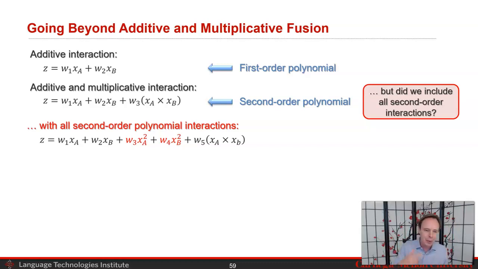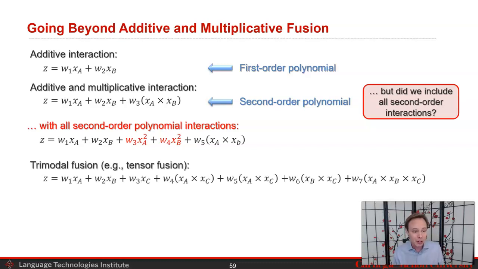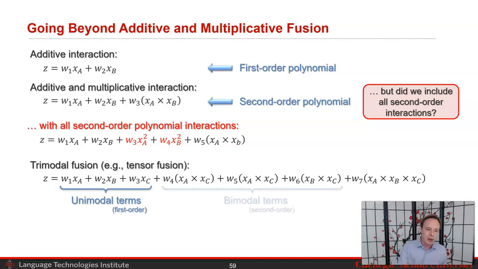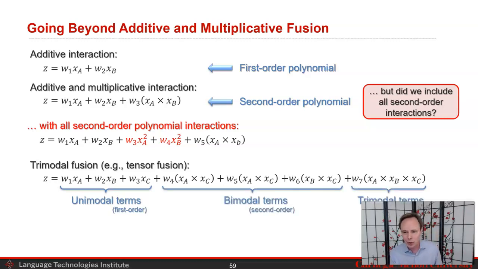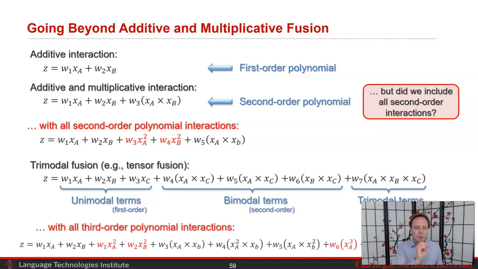Because eventually we're going to start having polynomials beyond 2 orders. So the trimodal, the one that came with the Tensor Fusion, we had the unimodal term, so that's a summation. And then you had the bimodal term that was also a sum, and you had the trimodal term. This is a third order polynomial, but again, some of the terms were missing in it to really make it